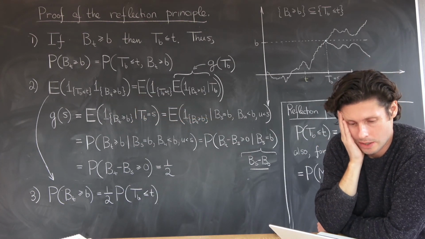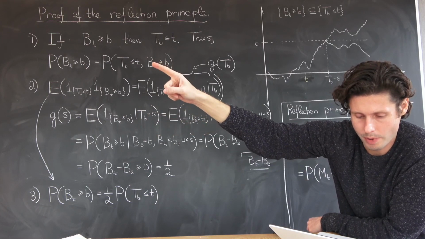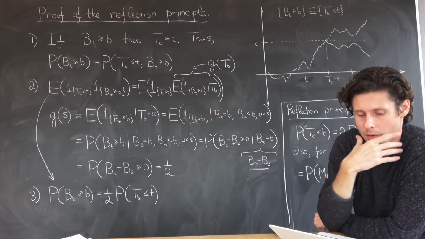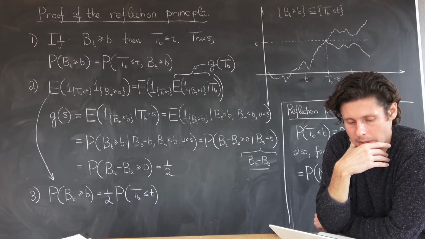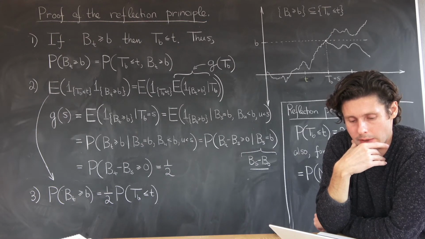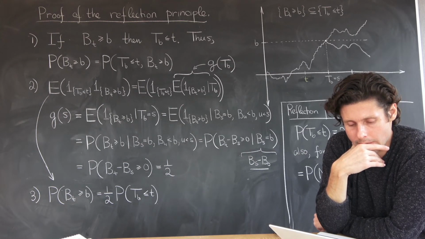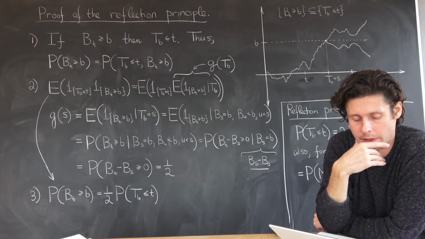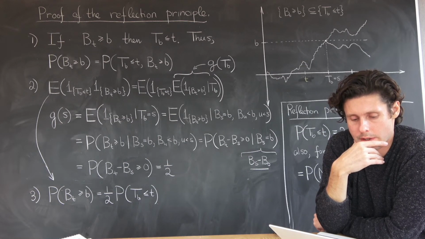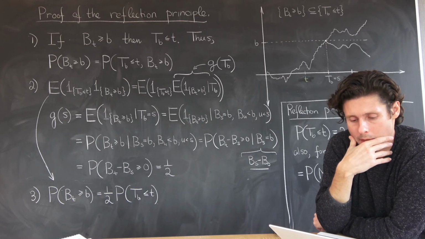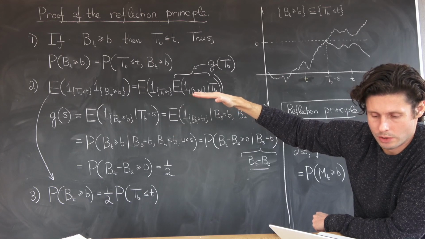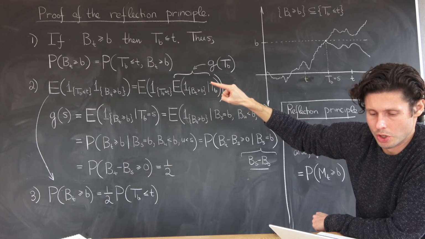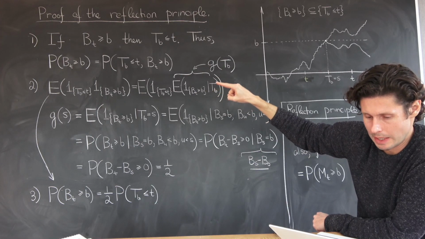So here's the second step, where I'm going to pick up with this probability but write it in the form of expectation of indicators. Those are the same. The probability of an event is the expectation of the indicator, and here the probability of 2 events is just the expected value of the product of the 2 indicators. Same thing. What we're going to condition on, so we've transitioned to the expectation to use the Tower property, is the first hitting time itself.